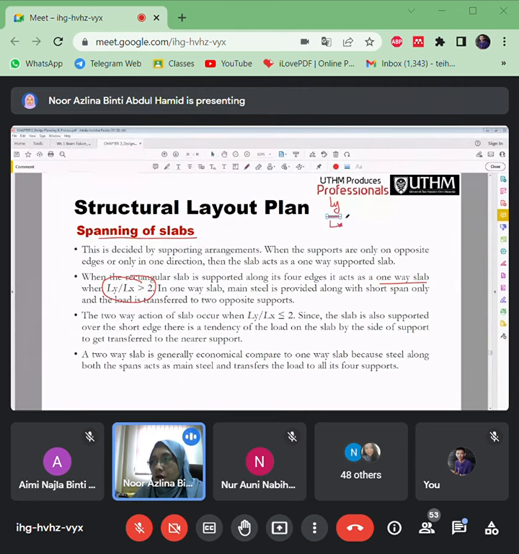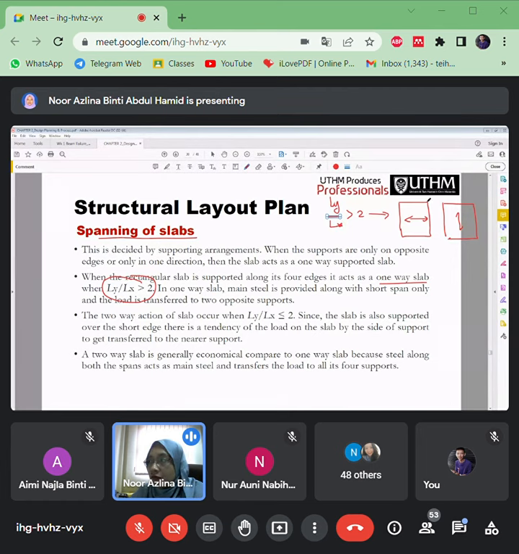If more than 2, it will be categorized as a one-way slab. Okay, tak kisahlah in this direction ke, load distribute in this direction, as long as the load is distributed in one-way direction. Let's say if I give you dimensions here, Ly means the long span. Okay, Lx means short span.